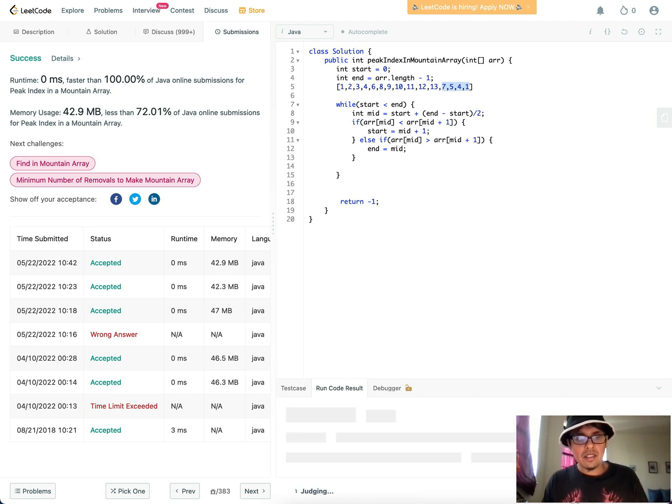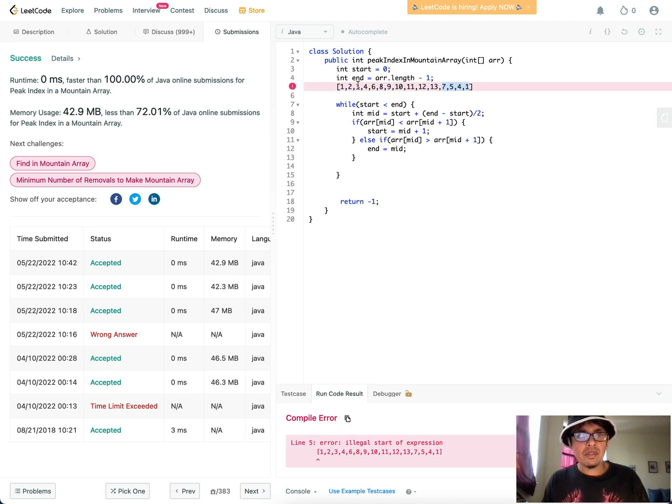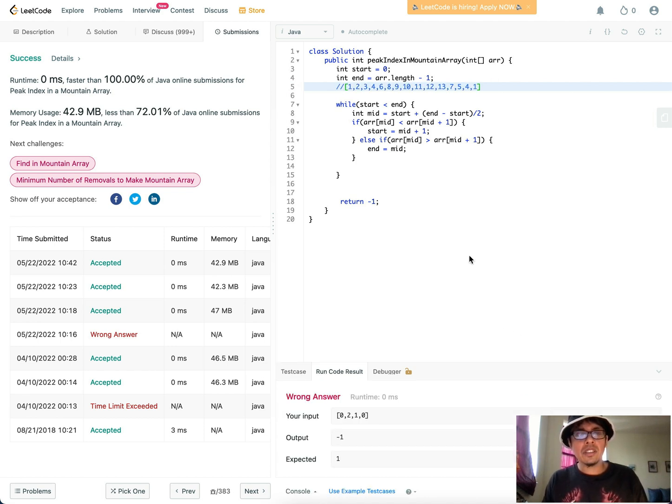Let's see. I'll tell you right now that this is not enough because we're not actually finding the peak. So how do we find the peak here? Okay, finding the peak is pretty straightforward at this point because all we need to do is look at, so where is the peak? The peak is in a situation where we have both AR of mid is less than AR of mid plus 1,